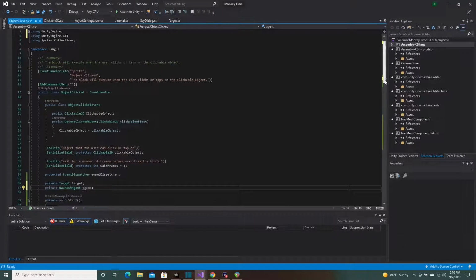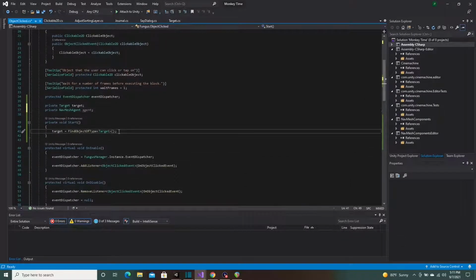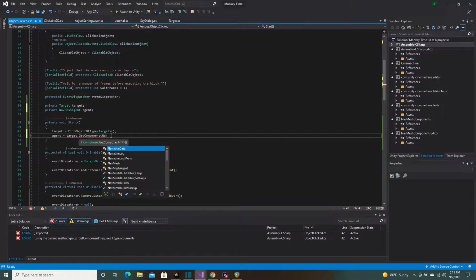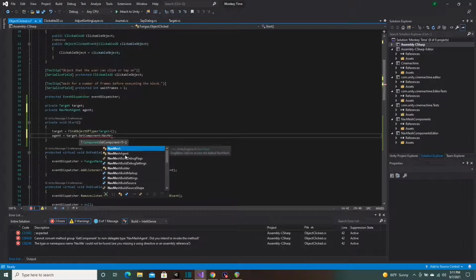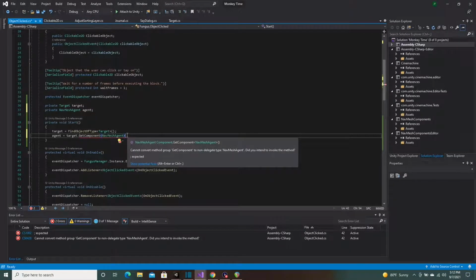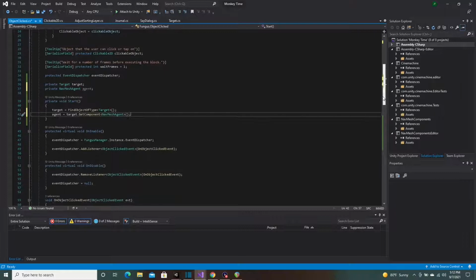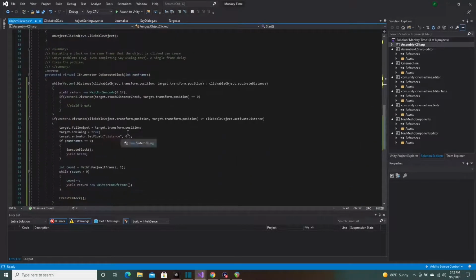If you have more than one NavMeshAgent in your scene, this method will not work unless we get a component off the target. So that if you have multiple NavMeshAgents in your scene as NPCs, we can only get this NavMeshAgent off the player and stop the player's destination instead of stopping some random NPC's destination accidentally. So down here where we returned the follow spot to the player, we still want to do that,